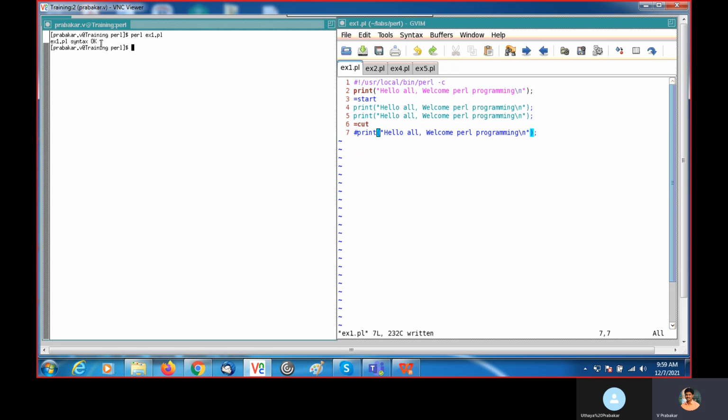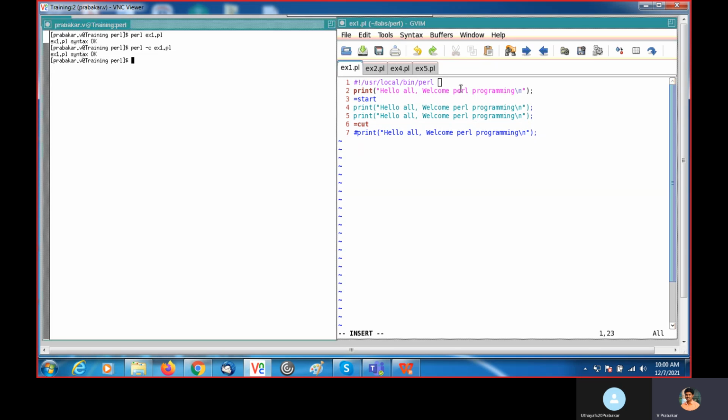Instead of this, you can also mention perl -c example1.pl. Syntax okay.